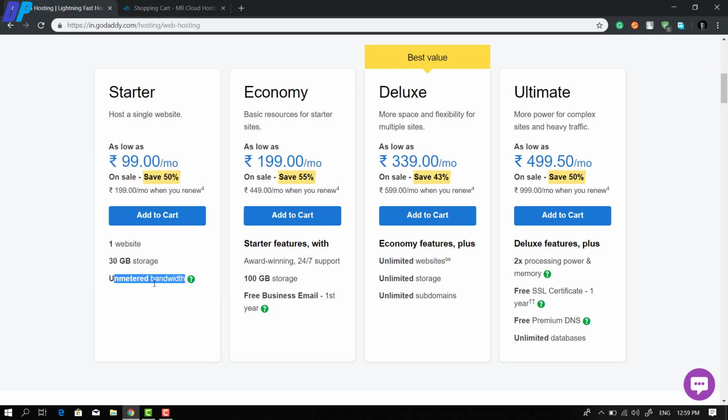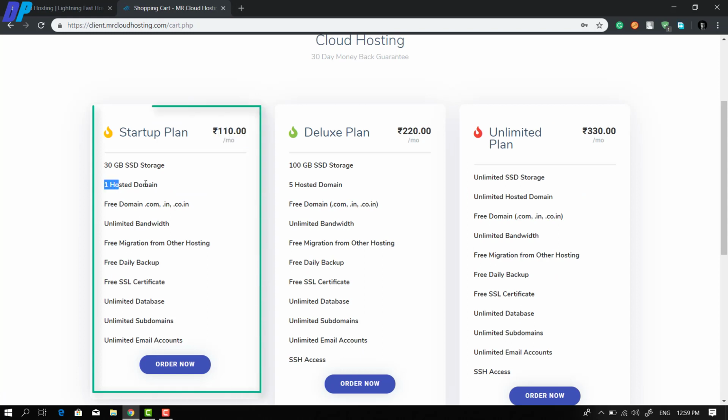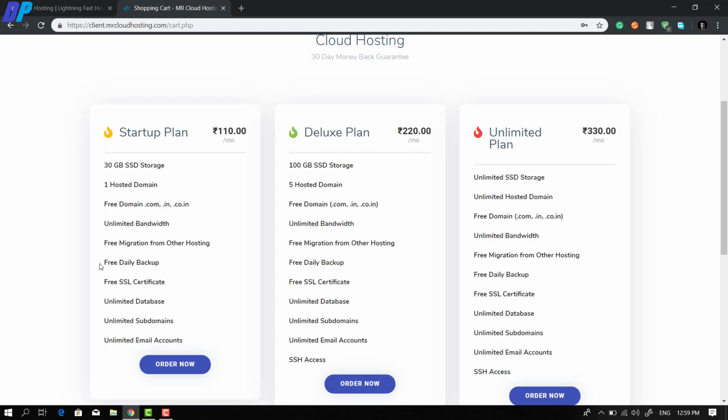But if you go for MrCloudHosting, here you will get lots of benefits. MrCloudHosting will cost you 110 rupees per month. Here you will get 30 GB of SSD storage, one free domain with .com or .in or .co.in extension, unlimited bandwidth, free website migration from other hosting providers, free daily backup, free SSL certificate, unlimited database, subdomains, and